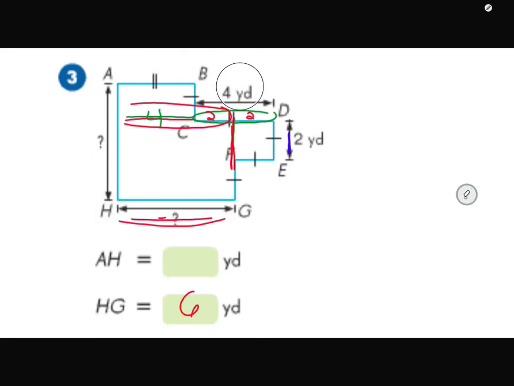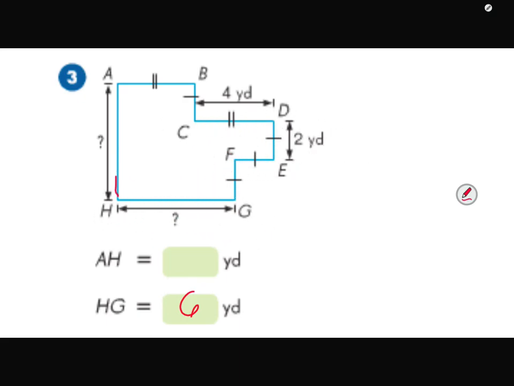Now I'm going to come back and I need to find AH, which is a vertical line, which is right here. So I'm going to come over and I'm going to see what I have. I see this line goes there and it has 1 tick mark, so that's a 2 and that's a 2. I see that this line is right here, which would be right here, which would be right here, is a 2. And then I see this line, which is right here, which goes there, which goes there, is a 2,